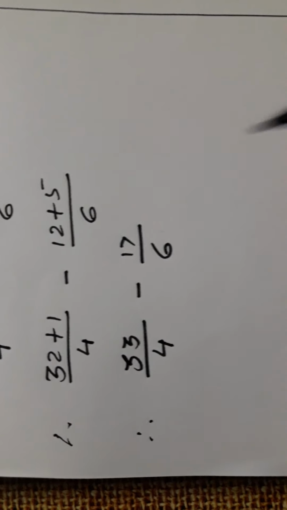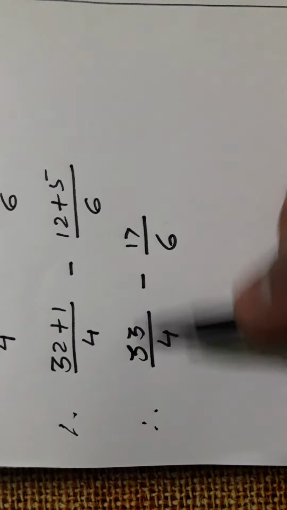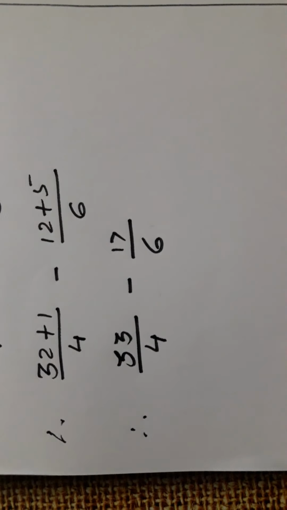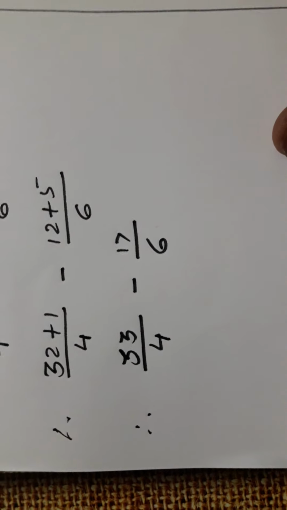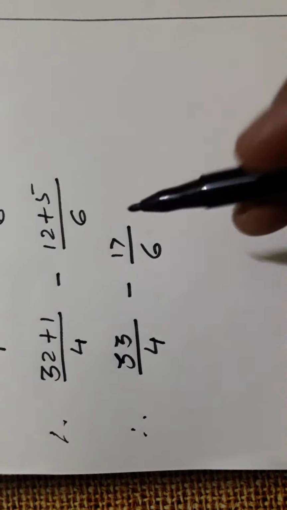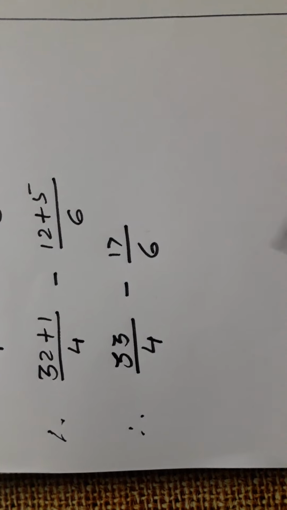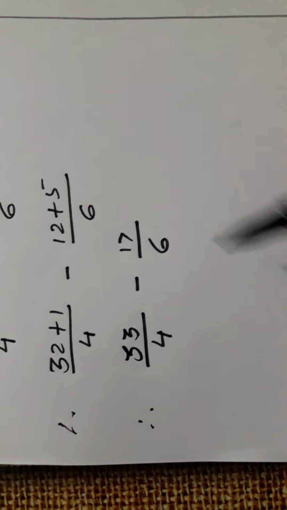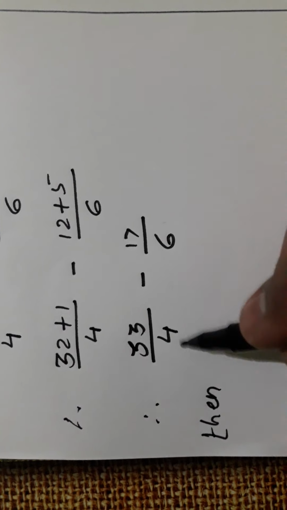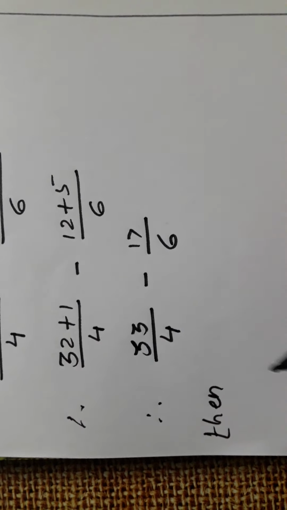Now what will we do here? Suppose you want to do cross multiplication, that is also correct, no problem at all. But here the LCM method is very simple, I think so. That's why I am telling you the LCM one. When we are doing cross multiplication, at that time you have to give the simplest form to the answer, and there some students are getting the wrong answer. Here we will get the absolutely correct one. Then we will find the LCM of the denominators, because we are going to subtract.